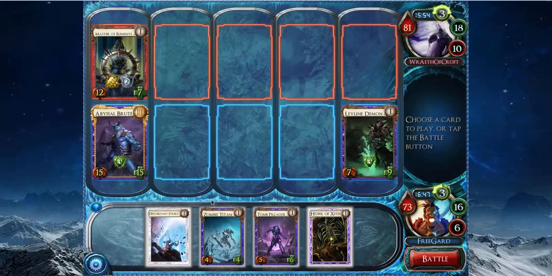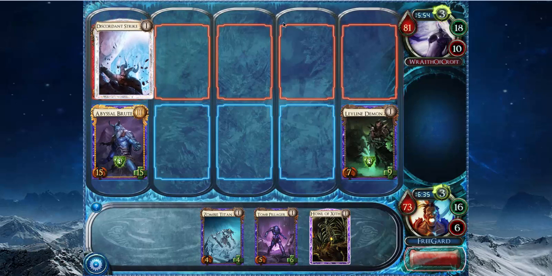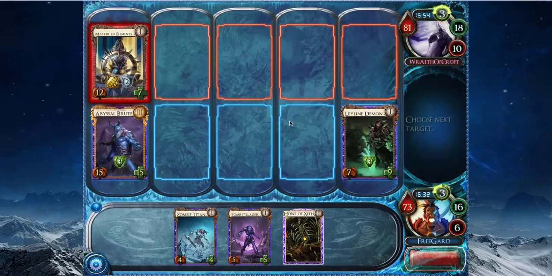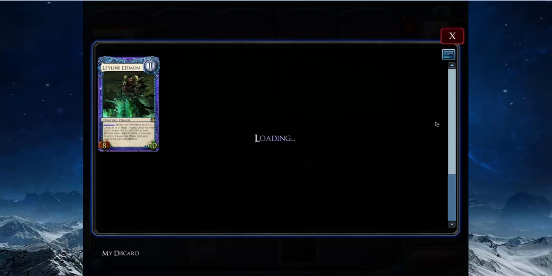Leveling up Discordant Strike is probably better than dealing 12 damage to him and gaining... Actually, you know what? Dealing damage to him is pretty good. Maybe I just don't play the Tomb Pillager and level the Discordant Strike and deal 12 to him. No, I think playing the Discordant Strike and the Tomb Pillager is probably the play. There's no need to burn him for 12, even though it is, you know, in the falling stages of the